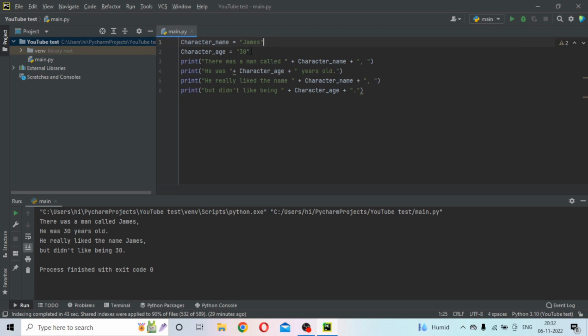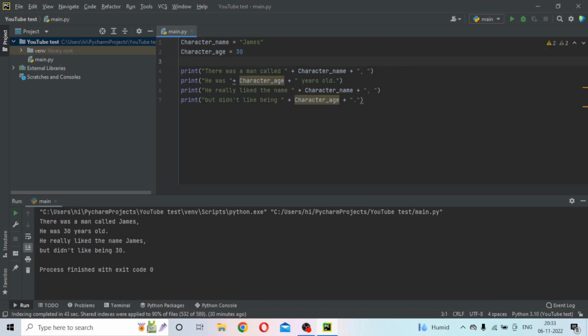So next one is an integer. I hope you know integer. Integer is a number but without a decimal point. That's the second one. Number 1 string, number 2 integer, and number 3 is float. Float means any number with a decimal point like 30.25. So this is a float value. This is a string value. This is a float value. And if you don't give anything, it's just a number. So it's an integer. And the fourth one is called